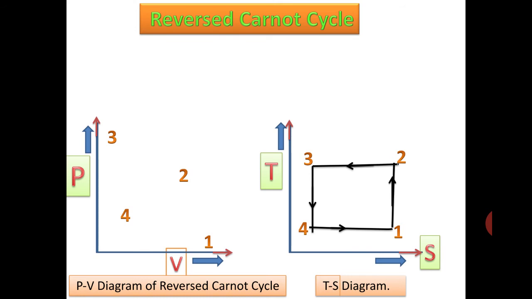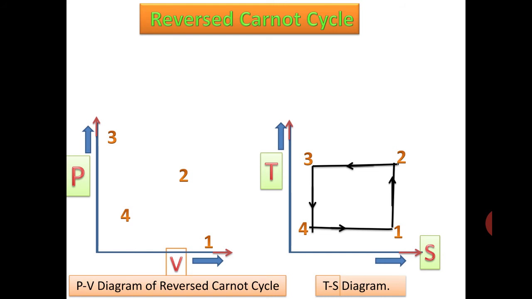The condition or state of a substance is defined by a set of properties, and that is represented by a point on the graph. The graph may be something like a PV diagram or the TS diagram and so on. So on this PV plane or the TS plane, that point, say for example point 1, represents the condition or state of the working substance. Say in this case the working substance is refrigerant, so the condition or state is represented by one point.